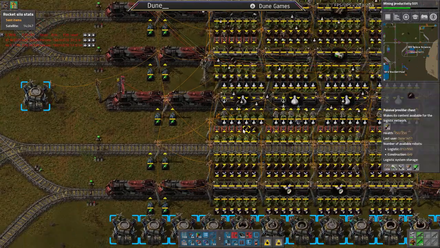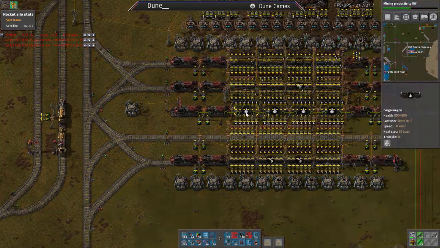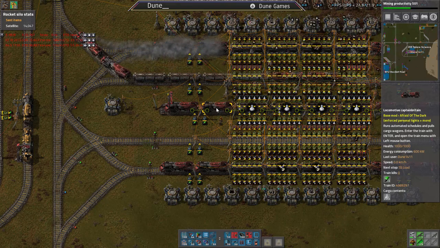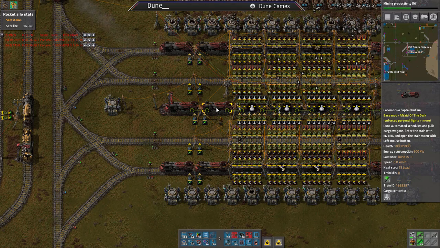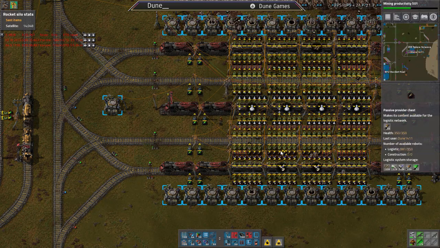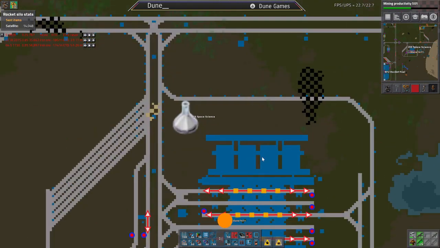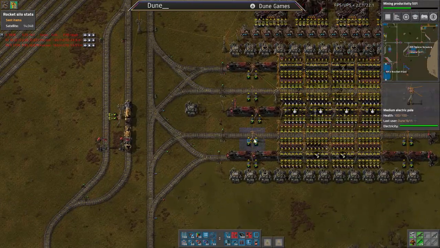Let's do it that way. I mean, as is, that would be like 80,000 per train. Rocket control units also stack to 10, right? I wonder if I should make 2 of those trains. I don't have the supplies to do another train right now, but